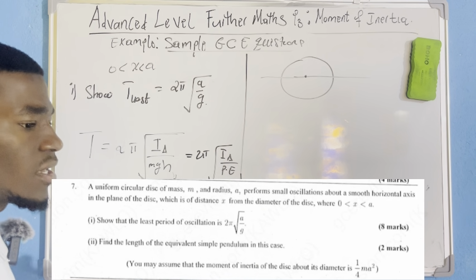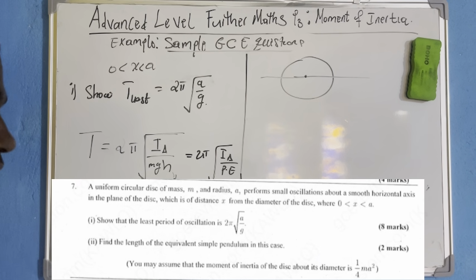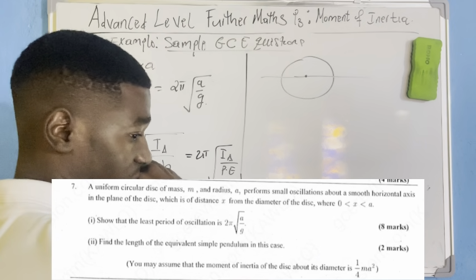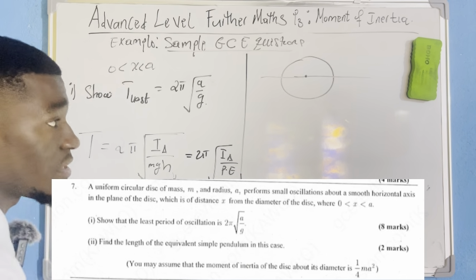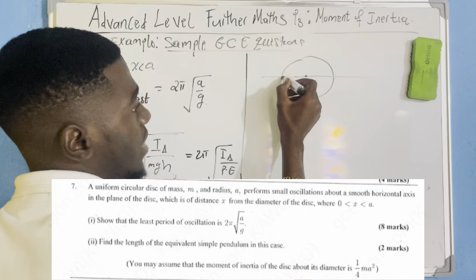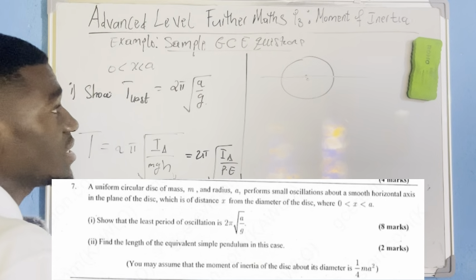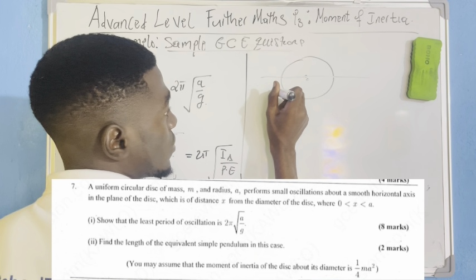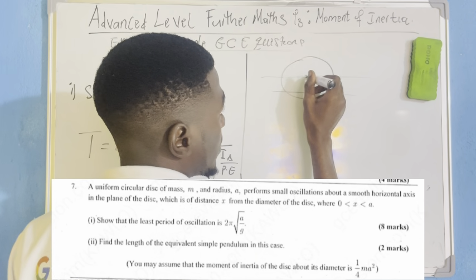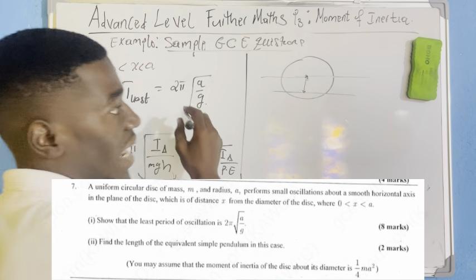It performs small oscillation about a smooth horizontal axis in the plane of the disc, which is at a distance x from the diameter of the disc. If this is the center, this line is the diameter of the disc. It means that the axis of rotation of the disc should be somewhere here, making the distance separating the diameter and that horizontal